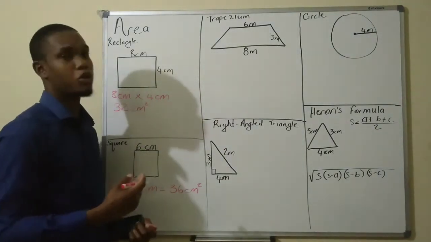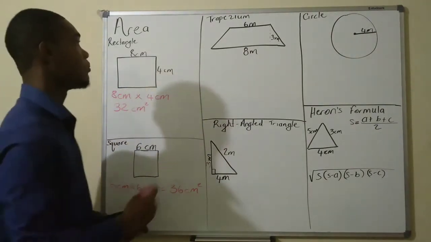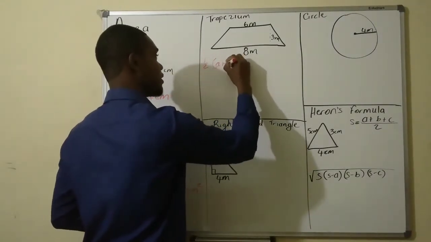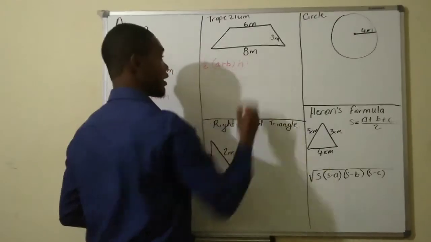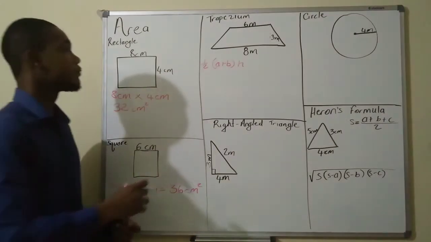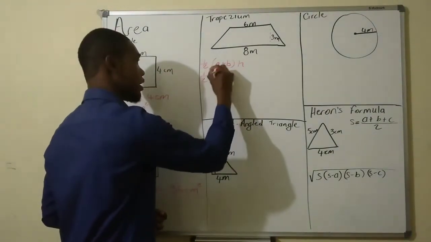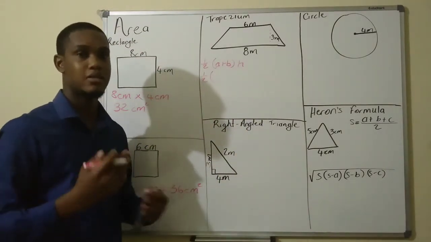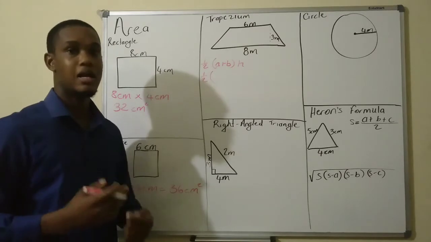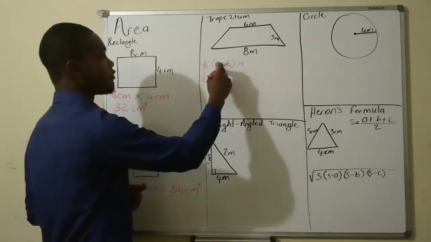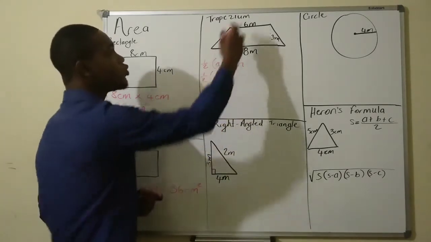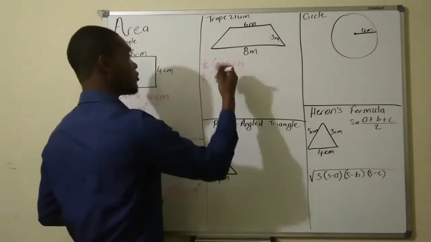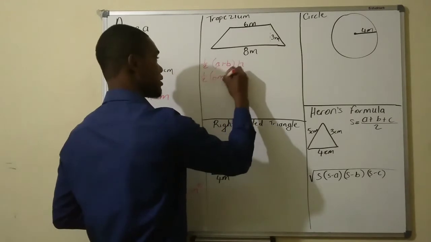Now, it gets a little bit more complicated with the trapezium. The formula for that is half of (a plus b) times h. Now, just to fill in, so half. Now, a plus b, these are the parallel sides. The sides that go in the same direction are the sides referred to as a and b. So you can make any one your a and any one your b. It doesn't really matter. So a, I'll say 6 meters plus